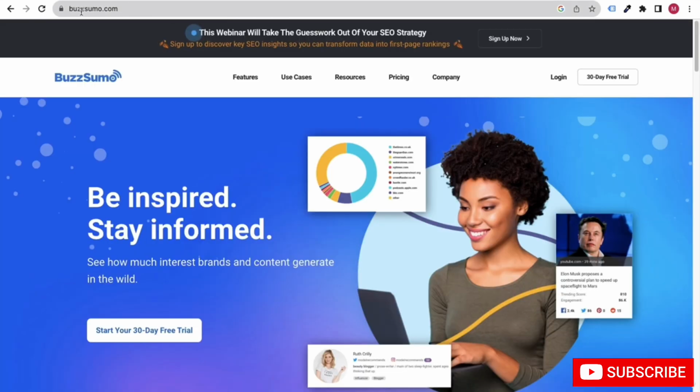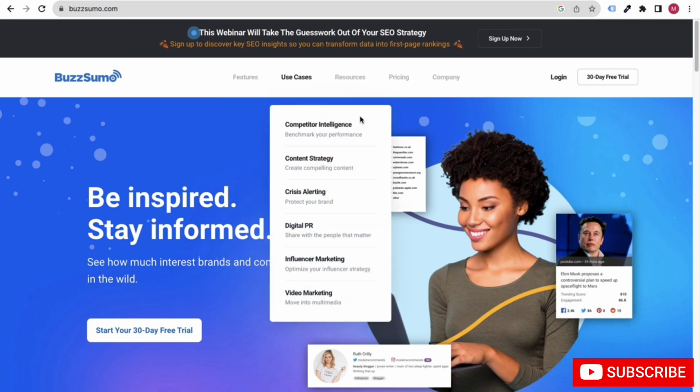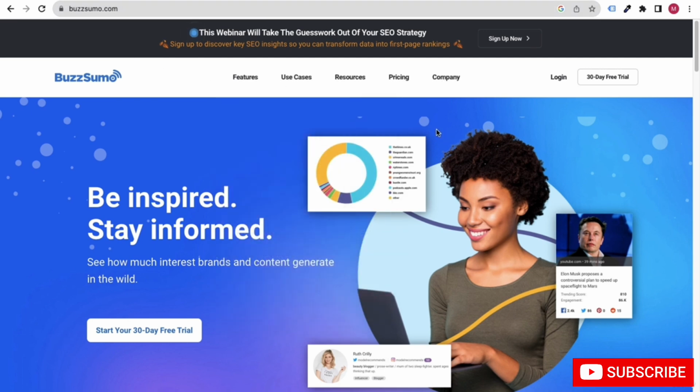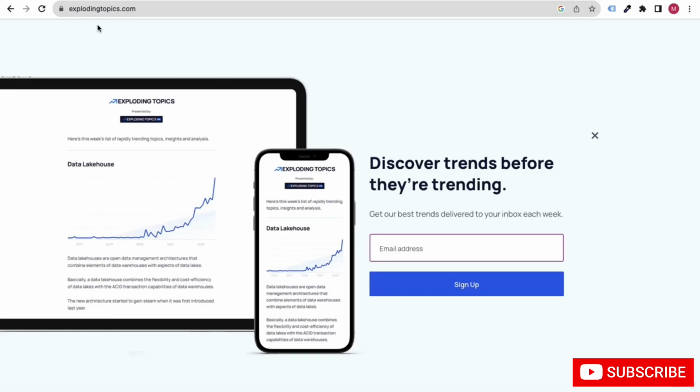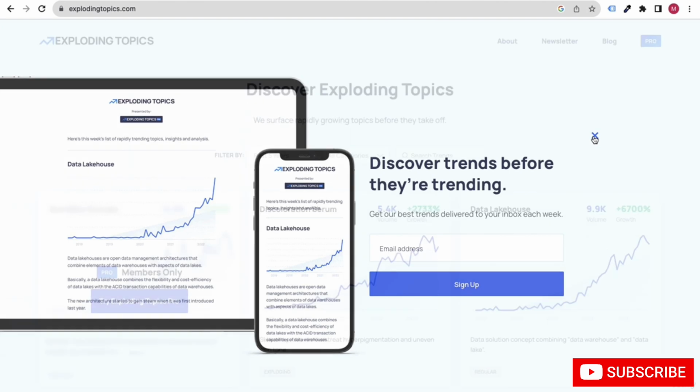There is this website buzzsumo.com. From this website also you can get information about the popularity that is going on around the world. And then we have this very amazing website, explodingtopics.com.